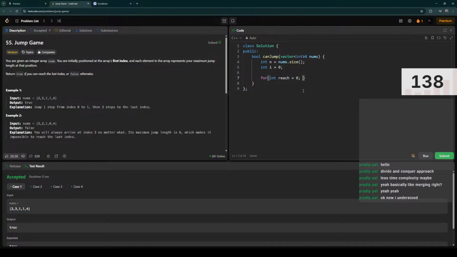for int i = 0, reach = 0; i < n and i <= reach; i++, reach = max of reach and i plus nums[i]. Reach should be